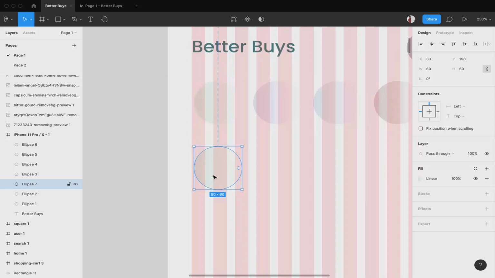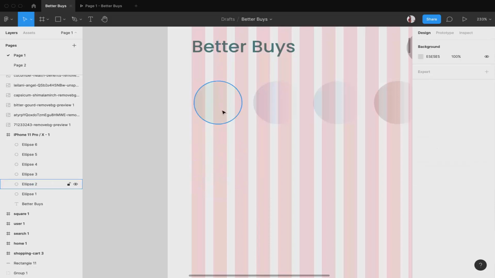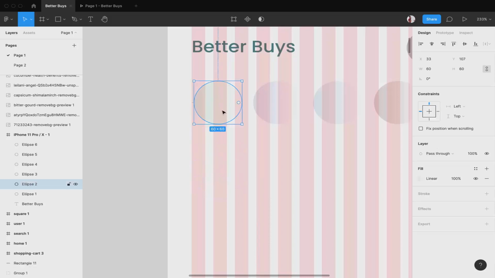Okay, so now in the previous video you might have seen I was able to drag a copy like this. So to do so, all you need to do is select the figure or whatever, and then click on shift plus option and then drag it down. Then if you drag it down you will get an exact copy over here. Okay, so I hope you understand this.